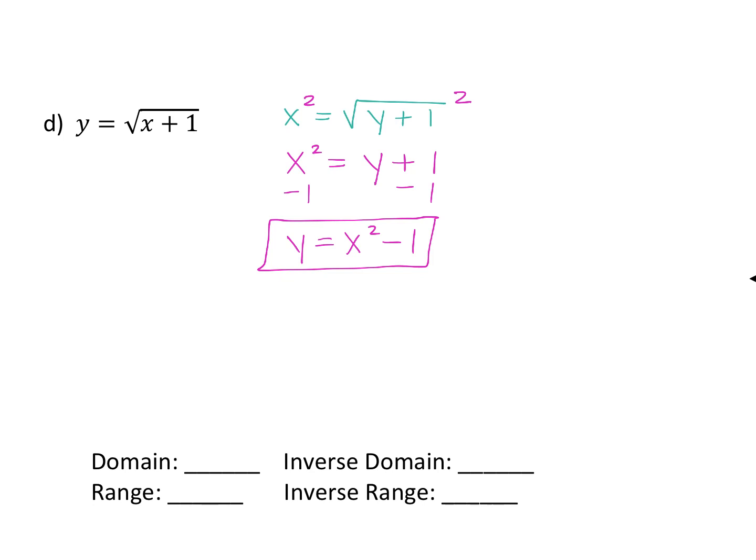What happens is the inverse is going to appear to be a parabola, but you can't graph a parabola because it's not actually the inverse. You have to reflect the original graph, right? So if I graph this right now, I get a parabola, but that doesn't make sense because that's not the reflection of the blue line. Only half of that is the reflection of the blue line, right? So I just want you to see that. It's going to be a little bit of like, wait a minute, I can't graph that whole thing. But what you can do is